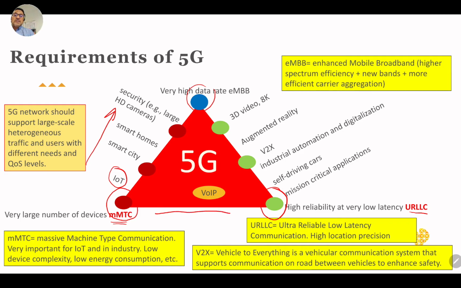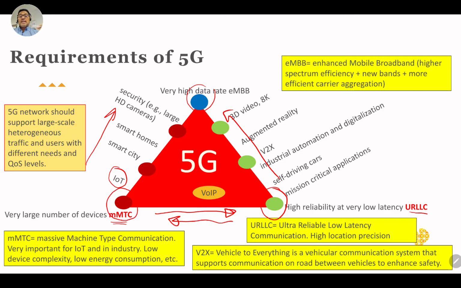If you go in this direction, it means lower latency or delay, and so on. Going here also means a higher data rate, and going in this direction means a larger number of devices is needed. So here we can see the IoT. We can see here the smart city, for example. Smart city means that we will need a very large number of devices distributed, but at the same time we also need